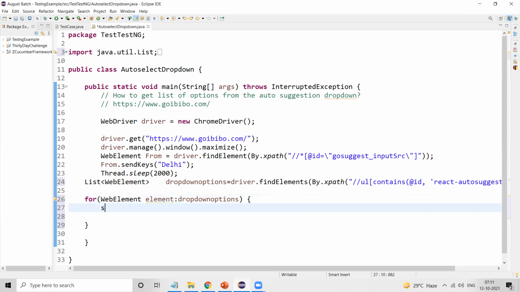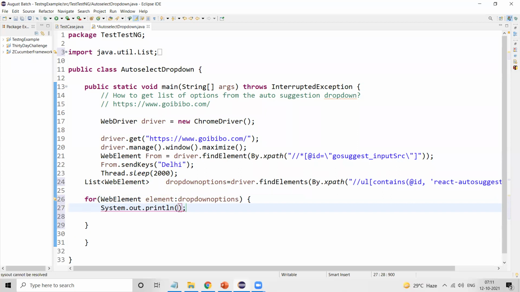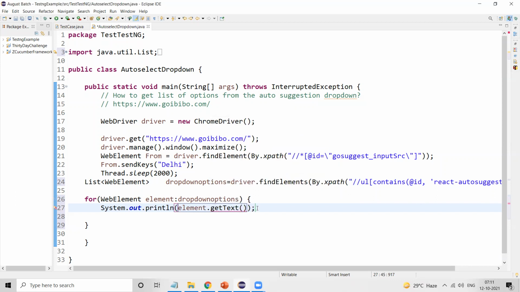Now we need to print. So element, using this, here we have stored one by one in the element. So using this element reference variable, we can get text. So now we'll run this, how it is working. We'll check it out.